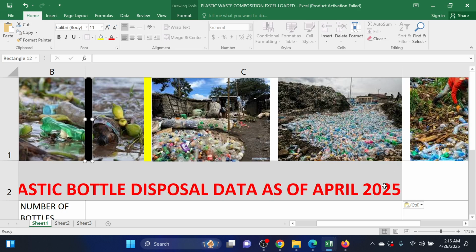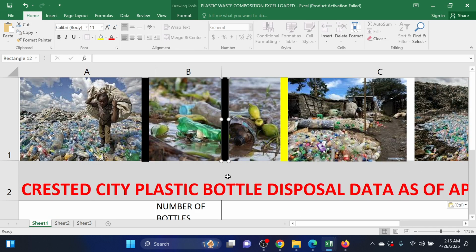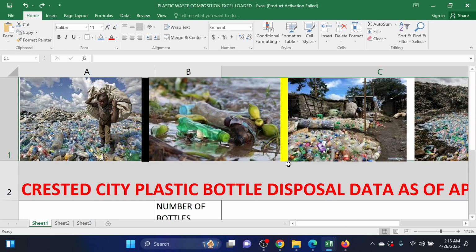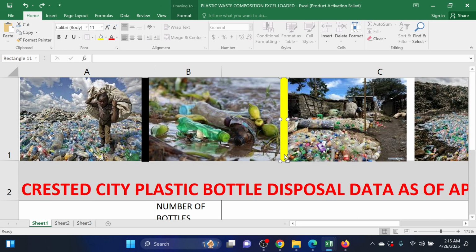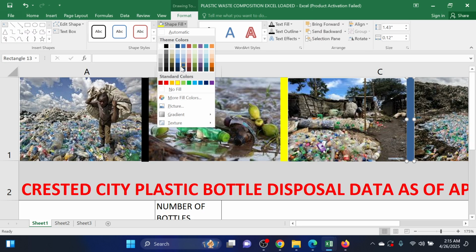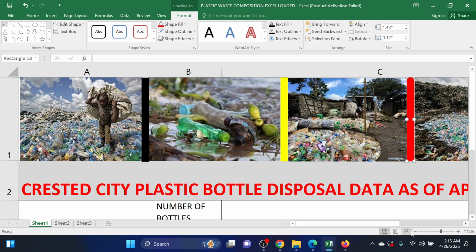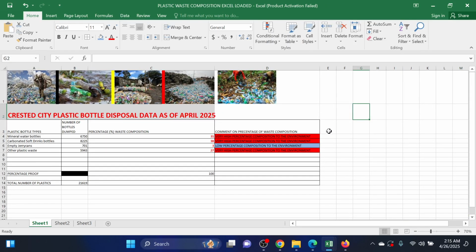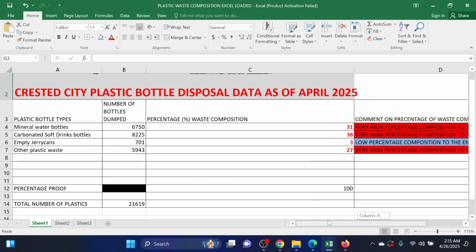Oh, sorry. Let me first undo this. I can click at this, and then I Ctrl C, Ctrl V. I push it here so that I can give it a different color under format, shape fill. I can give it red, black, yellow, red to bring out the colors that were on top of the spreadsheet. Yeah, that is it,